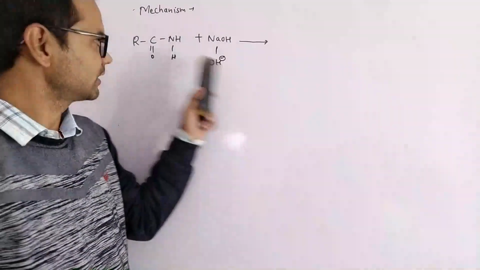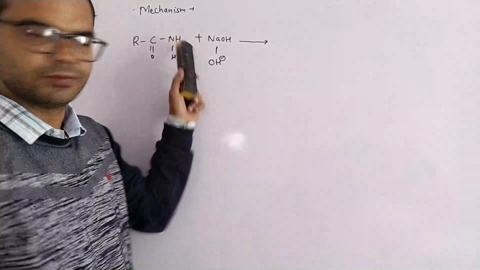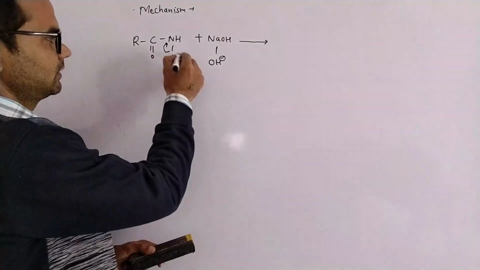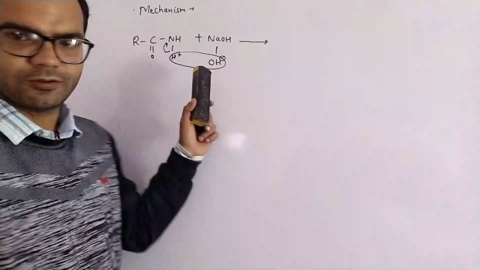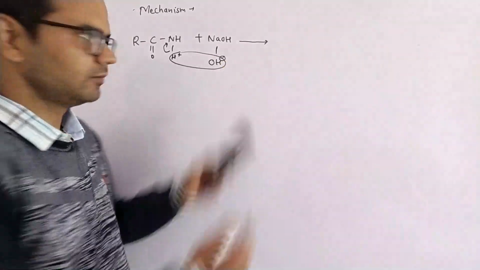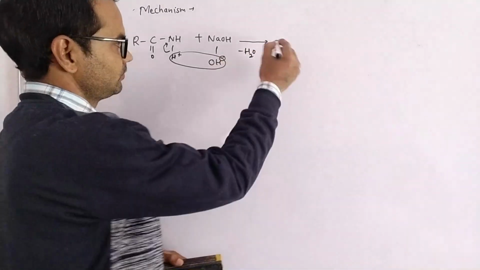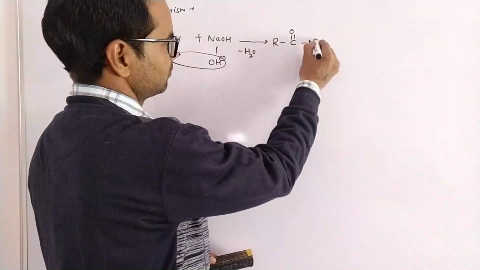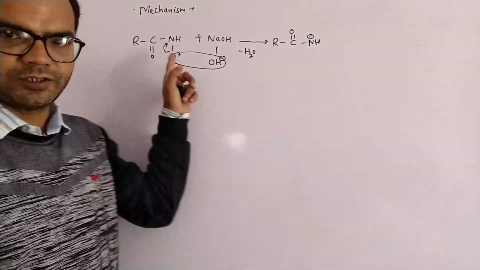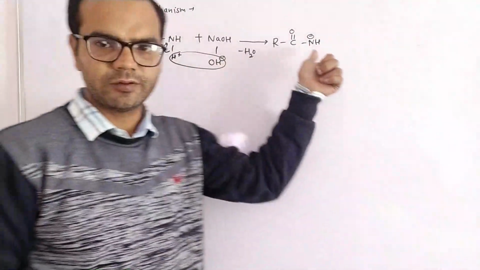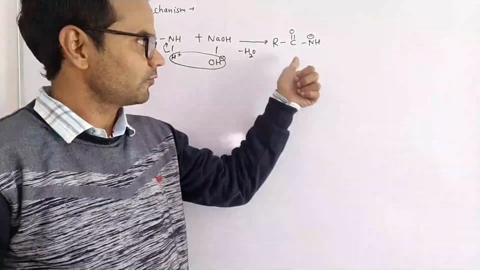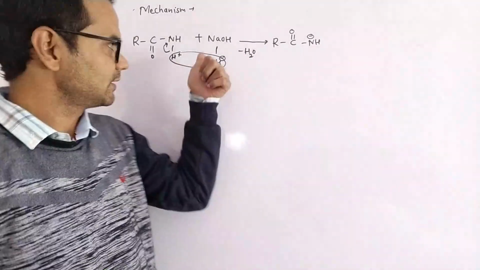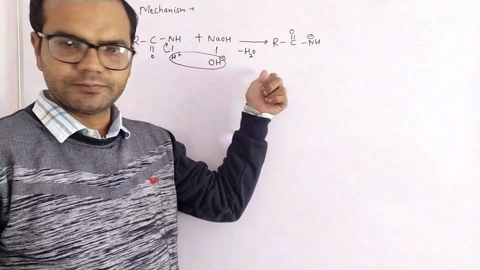This hydroxide ion will extract hydrogen from this amine group. So these electrons will move towards nitrogen. This H positive will react with the OH. As a result, a water molecule is formed. And by shifting of these two electrons onto nitrogen, nitrogen will carry a negative charge. So in the first step, the reaction is initiated by the attack of the base on the amide, and a water molecule is formed.